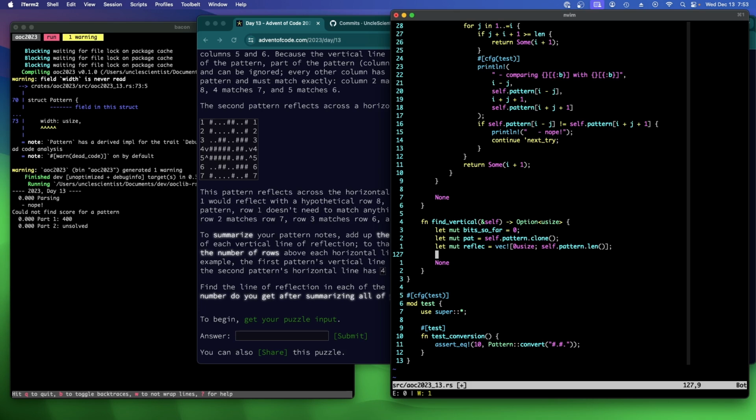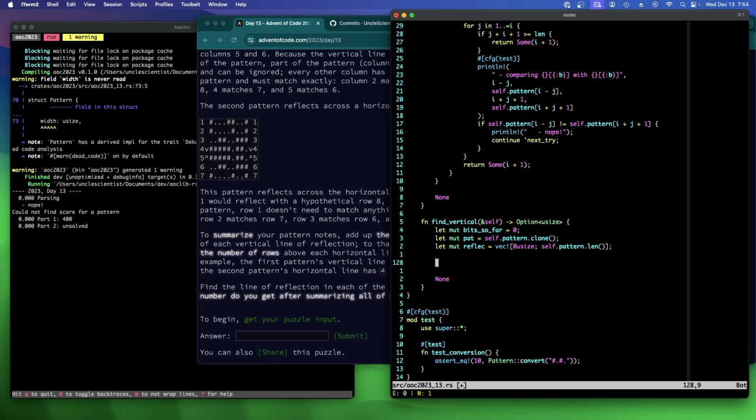Well, this is what's in my brain right now, so I'm not sure. A new pattern vec. So here's what I was thinking. Let me do one and see what it looks like. Basically do the rotate. Yeah, that's kind of what I'm doing, right? If I say for pattern and reflection in pat.iter().zip(reflect.iter())